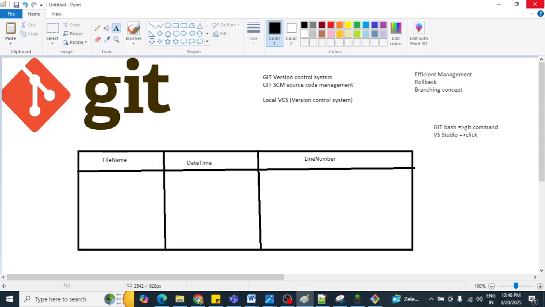Okay, so now the challenge is, how are you going to rectify this type of issue? Okay, so what you can do, you can simply go to your source code, and you can remove that particular ad source code, and you can implement new code.